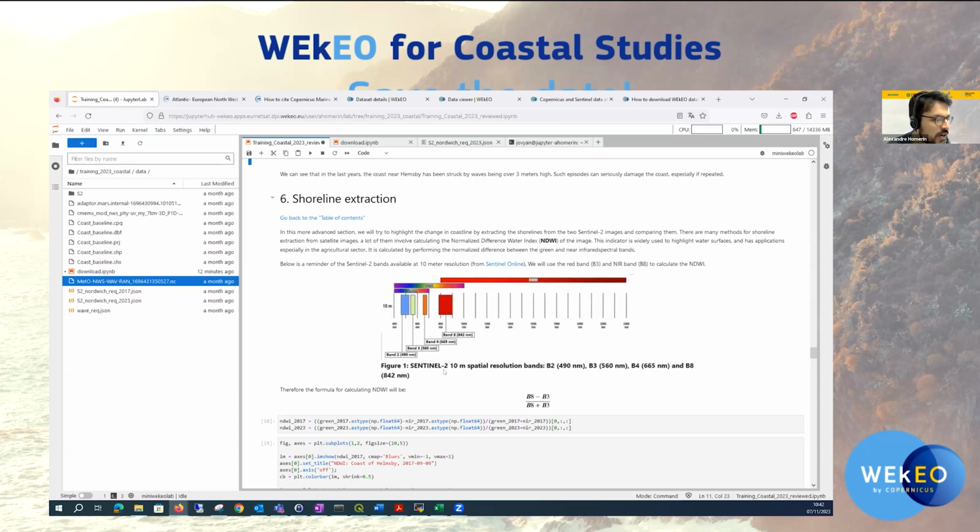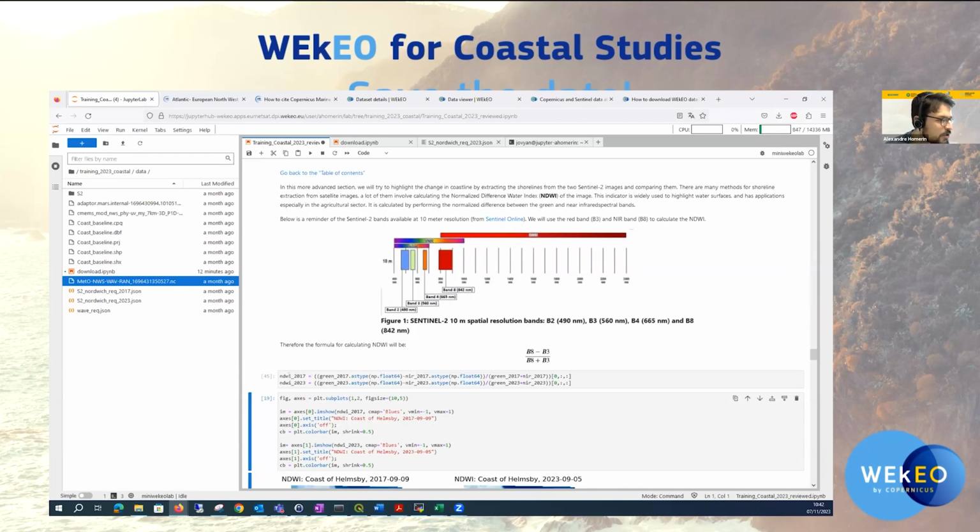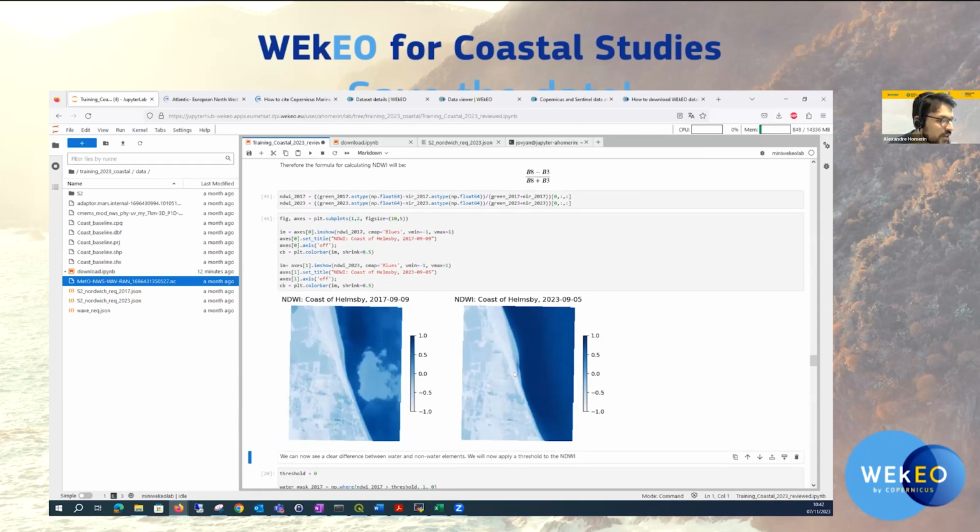So this is the calculation here, and here is a reminder of the different spectral bands that are available in Sentinel-2, and those are the 4 that we are using, so blue, green, red, and near infrared, band 8. So we'll compute the NDWI for the 2 dates, and we plot them. So here we see that we have a clear difference between water and land. Here there is a cloud that is a kind of inconvenience, but we'll have to deal with it. But this is one of the difficulties of working with satellite images. You don't always have control, you never have control on whether there are clouds or not on the image,